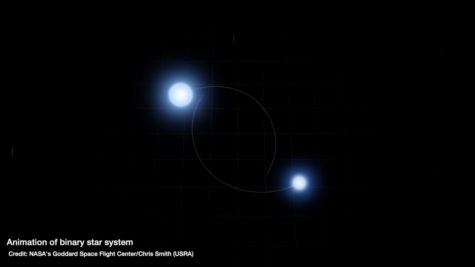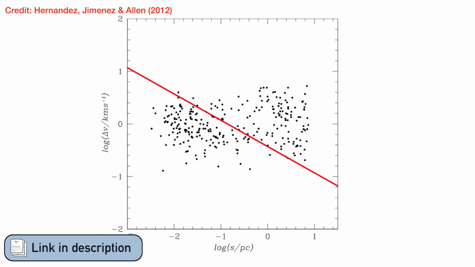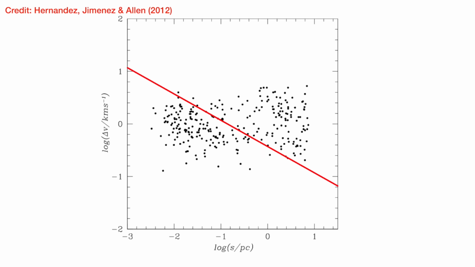All you observe is how fast the two individual stars are moving relative to you. So forwards and backwards, left and right, and up and down. The first thing you have to do is take out the solar system's movement from those velocities as well, and then you can use them to model how fast you think the stars are orbiting each other. The problem is you don't know how inclined those two stars are to you, and then also you don't know how eccentric the orbit is either. So it won't be a perfect circle, it will be slightly oval-shaped, but you don't know how oval-shaped, which is why you get such a huge scatter in your data points. And you can see the data was particularly bad in 2012 and in short supply.